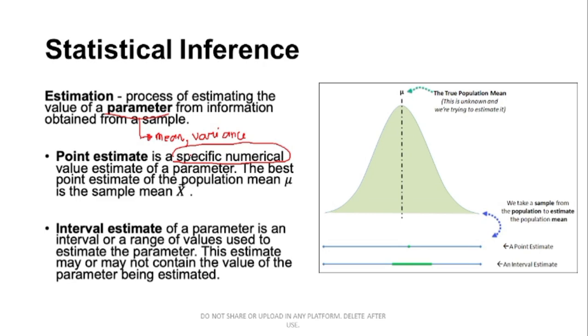And then, dahil madami kayong ABE students, kukuha lang ngayon si President ng, let's say, 50 na second year ABE student. And from that, kukunin niya yung average age ng mga student natin. Let's say na ang average age ng mga student ng second year is 20 or 21. Okay, 21 na lang. So, this 21, ito yung tinatawag natin na point estimate. So, may specific numerical value ka. So, ito yung point estimate.